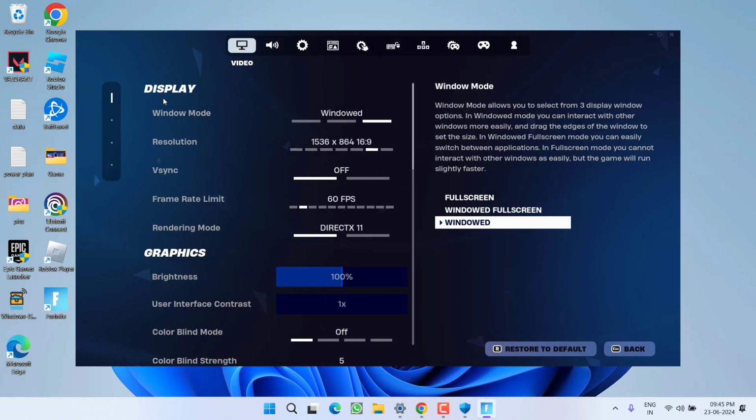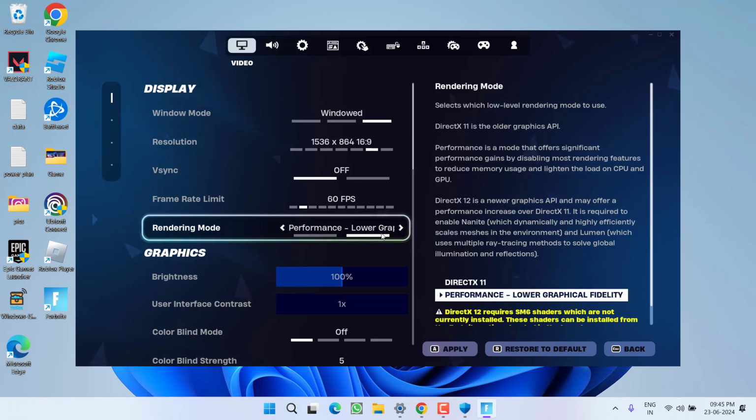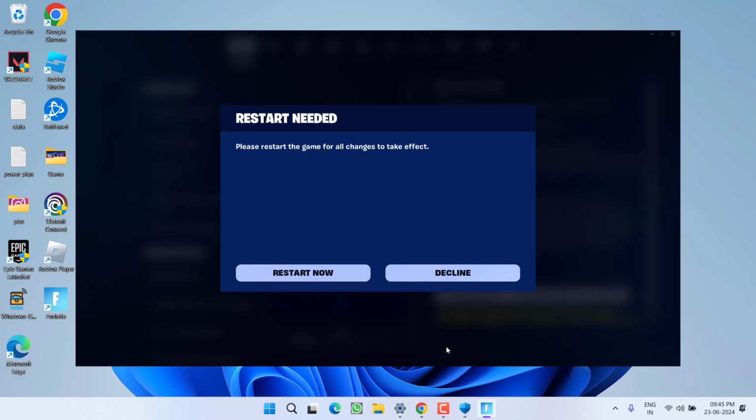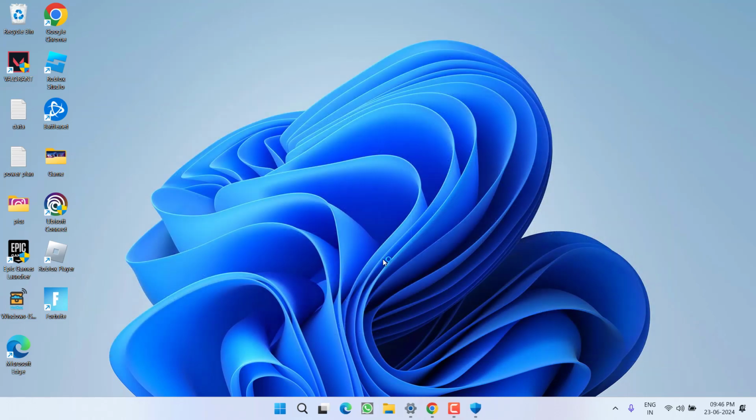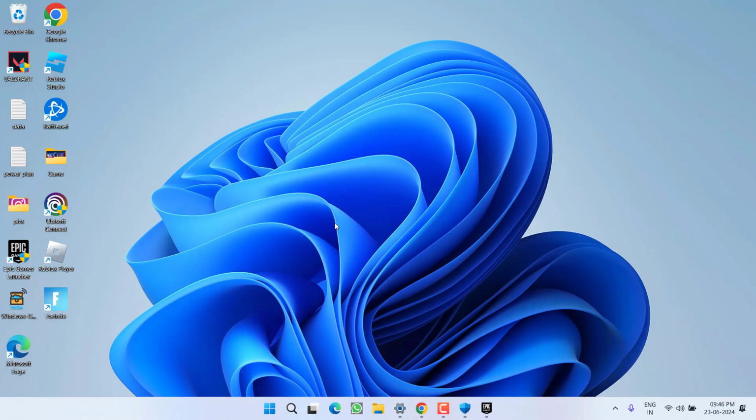Now from here under the display, you will find the option of rendering mode. Go ahead and choose the option Performance Lower Graphical Fidelity. After choosing these settings, click on the option Apply. Now go ahead and restart now and the game will restart and it will fix out the issue of Fortnite stuck on loading screen or at the connecting screen. Now if this method doesn't work out, let's proceed with the next step.